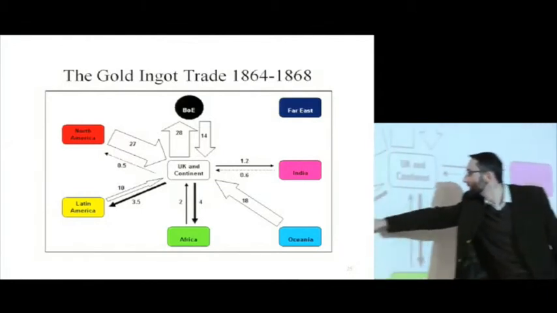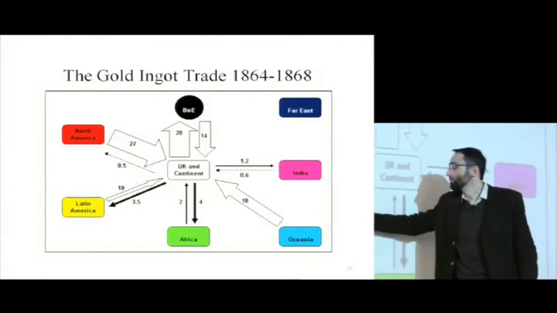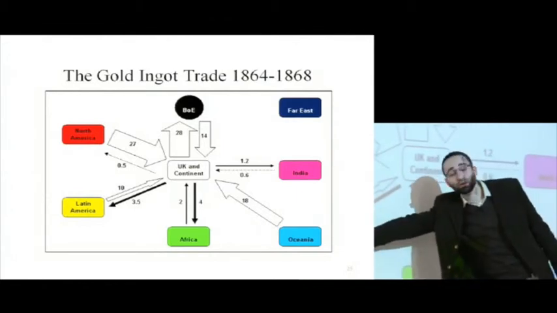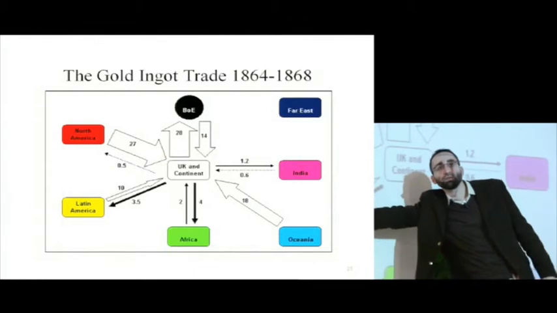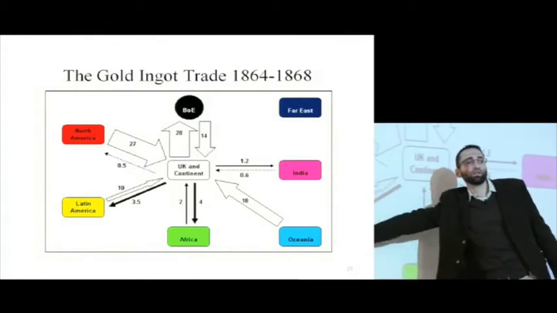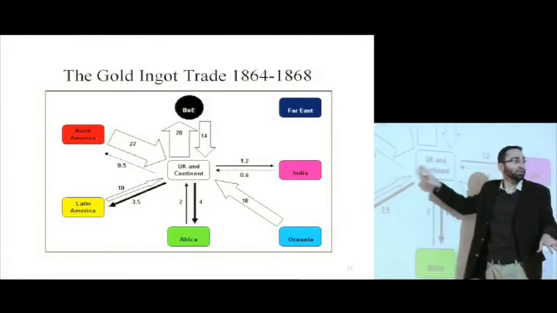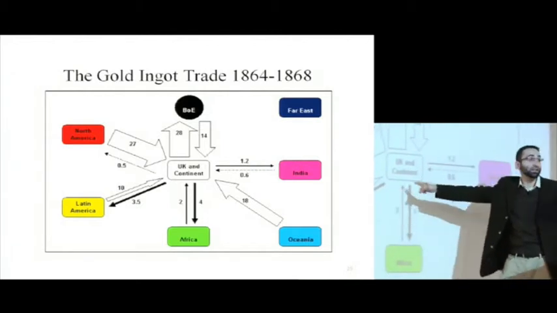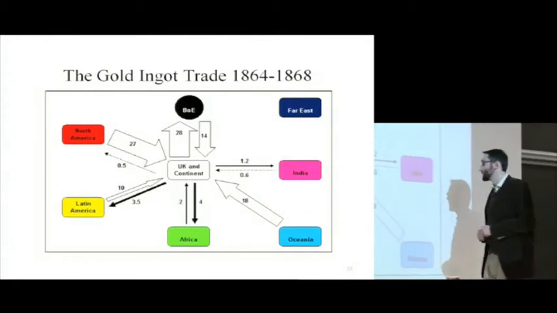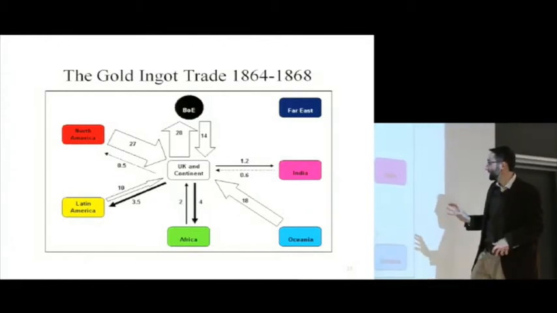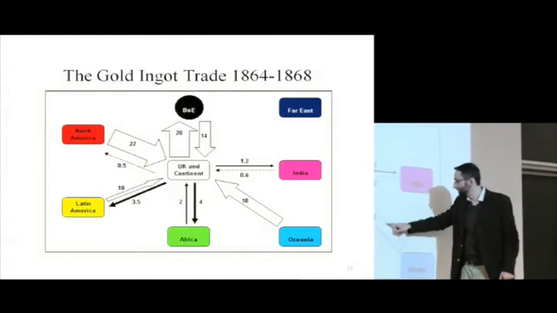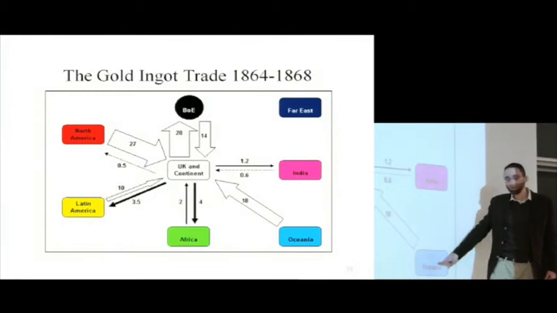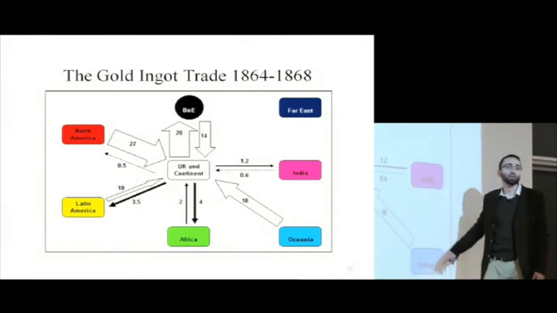You have some relationship with Latin America, but some of it is export, because actually Latin America is a producing area. Then you have Brazil, which is on kind of a gold standard, and sometimes you have flows that go from London to Brazil that are tied to monetary reasons. And then you have, of course, a huge contribution of Oceania, where we have the Australian gold mines discovered